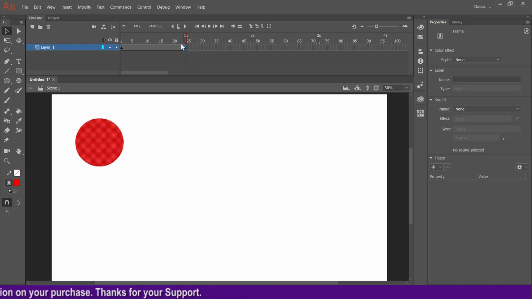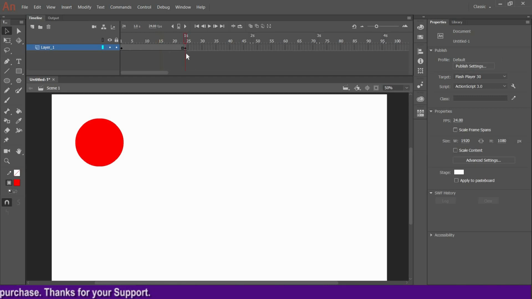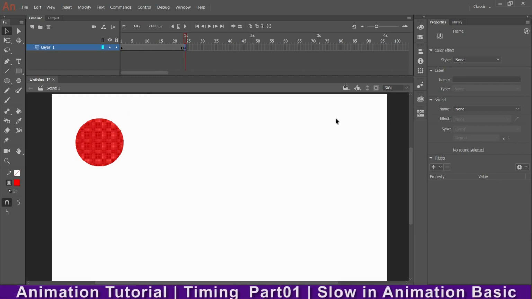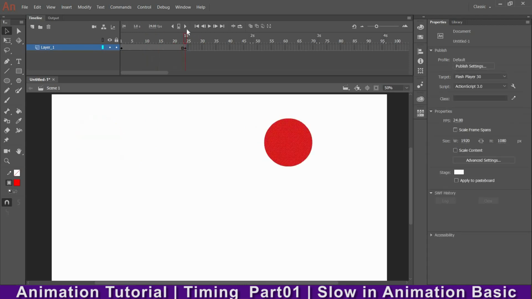Right now I have two drawings, this one and this one, but in the same place. I want this drawing to be here. So I'll press shift and arrow to place the object in my desired position, maybe here. Right now I have two drawings, but there is no animation yet. Now I need to put animation here.